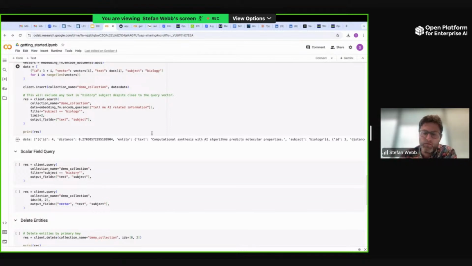So you can say return the vectors which are distance 0.1 away from my query. But because these are points in high dimensional space, it makes sense that nearest neighbor is the technique that we use.